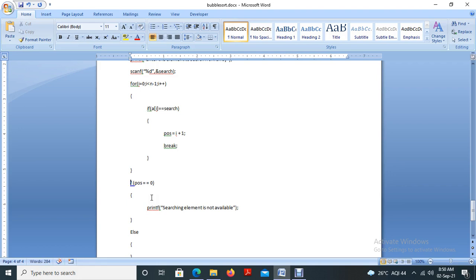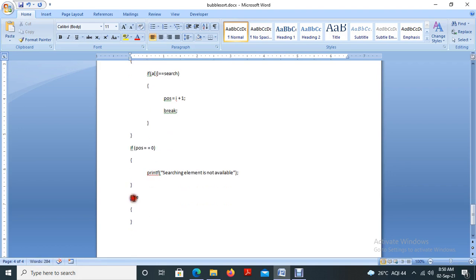Next, else, if the condition is false, that means the element is available, then we have to say that the element is available in this particular position. printf "Element is available in %d position", comma POS.